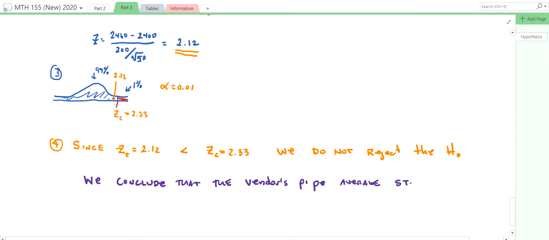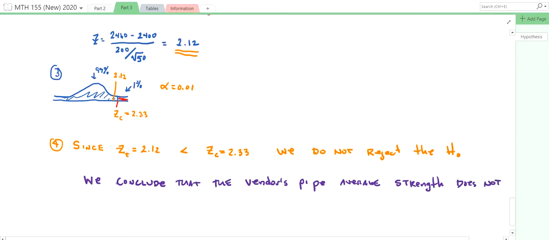Now this is the population value that we're making a prediction of. These are all the pipes in his warehouse, the average strength, whether or not we want to purchase this. So we conclude that the vendor's pipe average strength